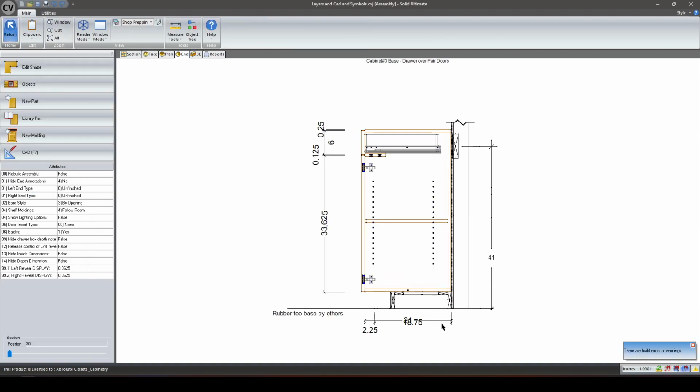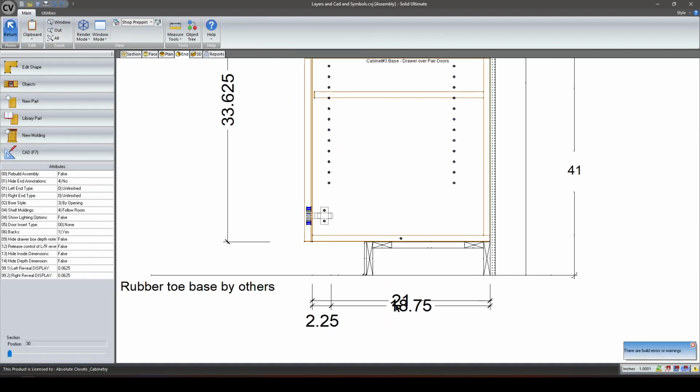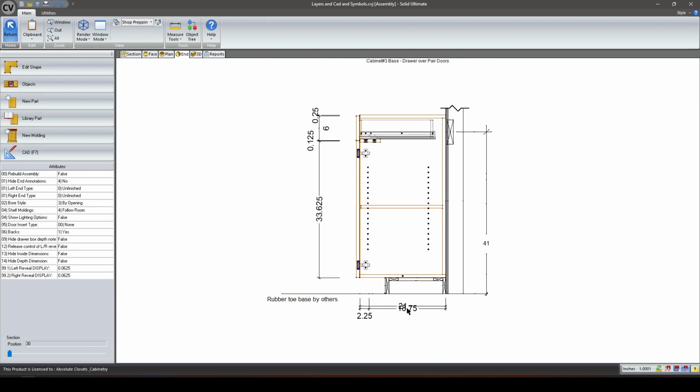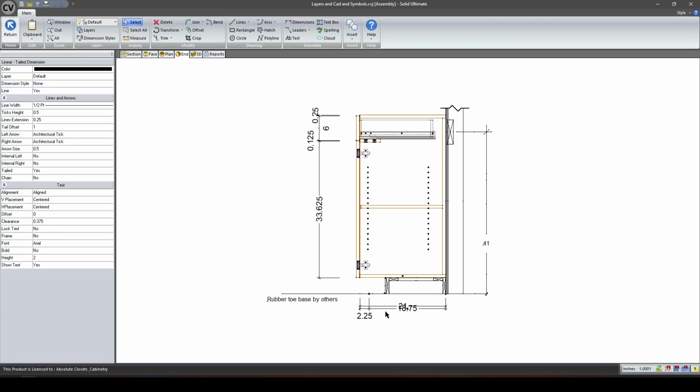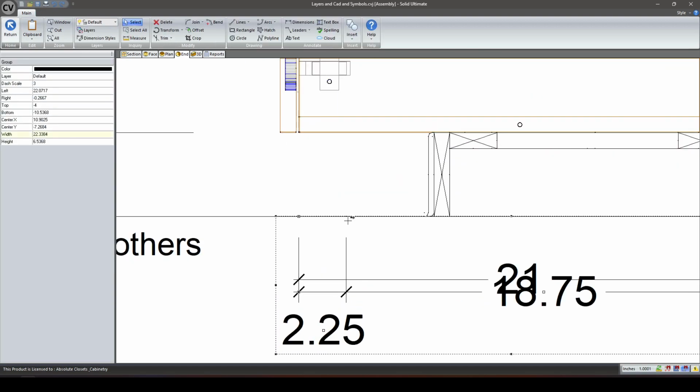And so then again, in tandem with the little tricks I'm talking about for showing your blocking, you can do those same types of tricks to drive dimensions down here. Really, in some of these areas where you know that you've got a static location for your drawing here, your cabinet will always go up and to the left. And so it becomes very easy to actually put those same types of CAD notes in here. The toe recess note will always need to move front and back, but this CAD note here for 18 and 3/4 that I've got,